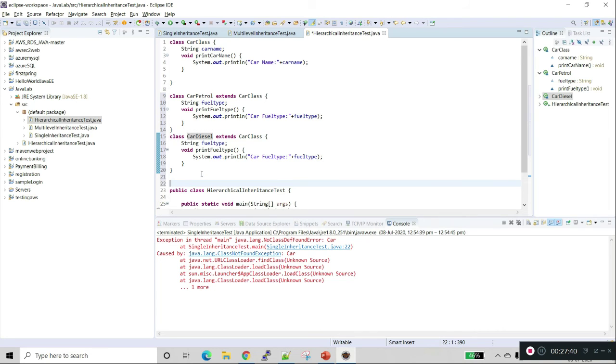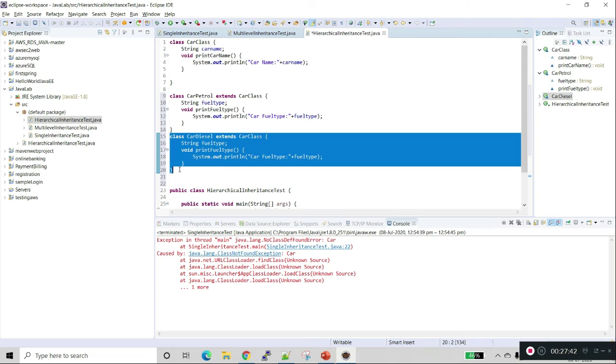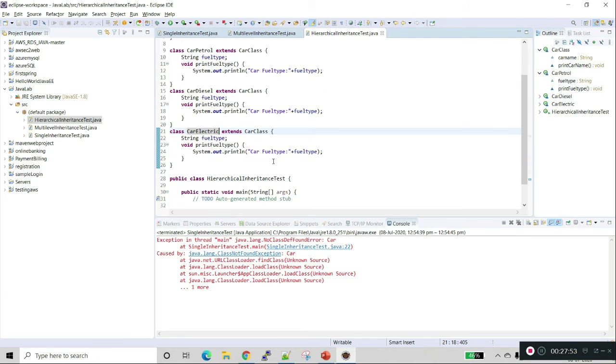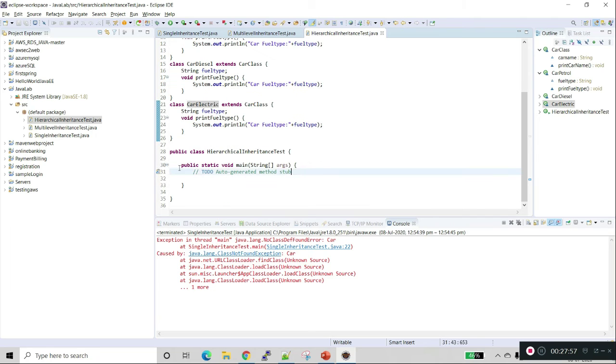This is class car diesel, this is class car electric, and they extend the superclass. Now we will create the object.